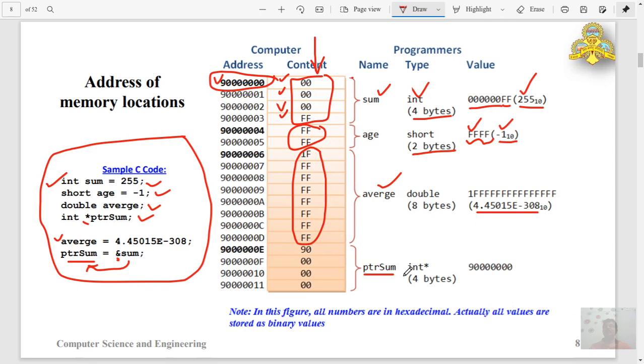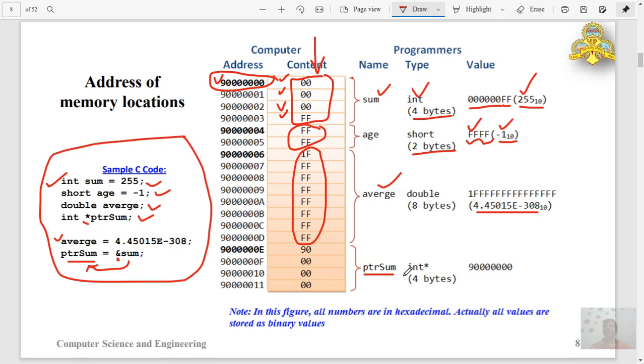So in this case, we store the address of sum in ptr sum. There are 4 bytes for sum. The first byte's memory location is taken as the base address and this value is stored here. Value here means address. This points to this location.